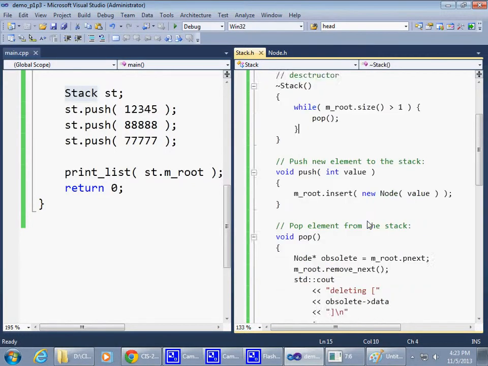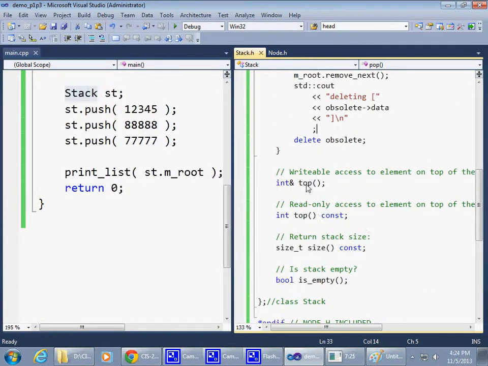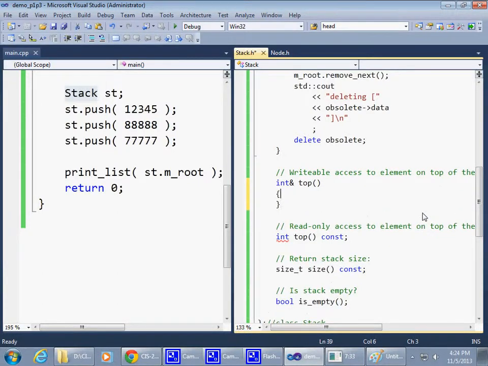Then here's something interesting. If this version of pop doesn't return anything, just doesn't, then the question is, what's the purpose of this stack? How can we get to our elements? So the answer is brand new function top. So what top does basically says the implementation of top would be